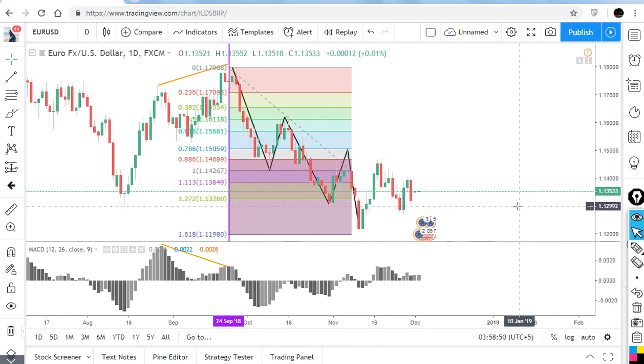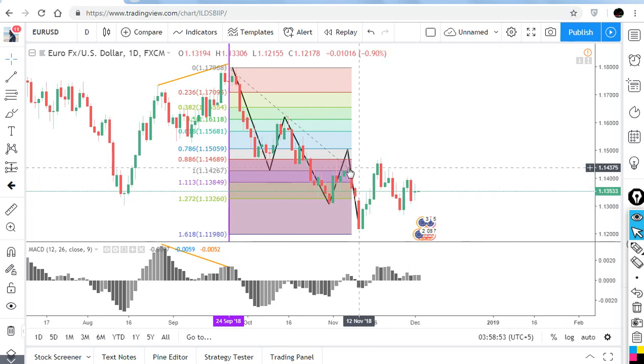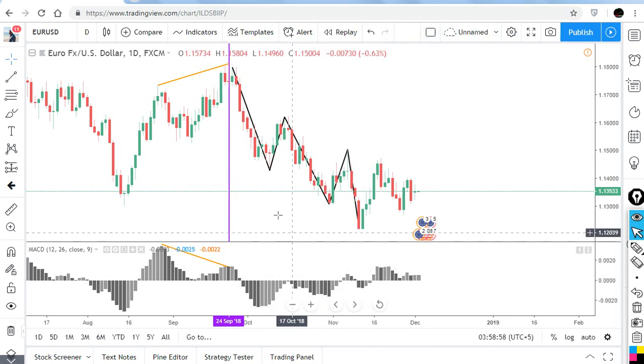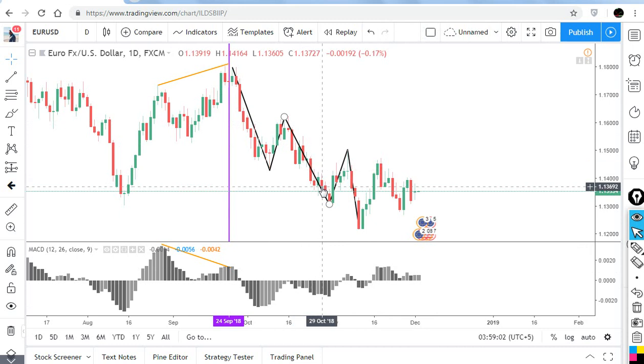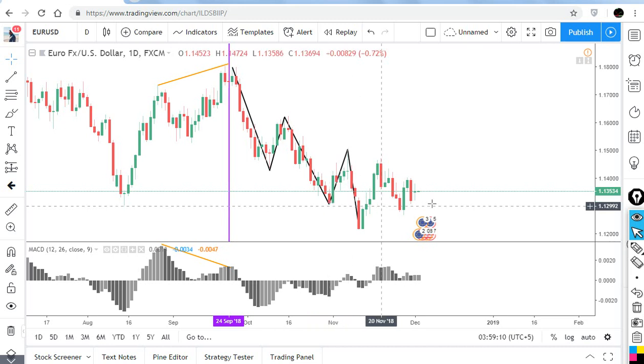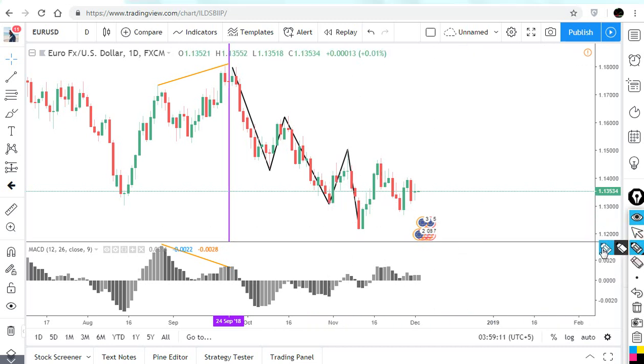So let me delete this here. Now after this, we don't know where our wave 3 is going, but we see that wave 3 reaches the 1.272 ratio. This is our 50% correction, this is the end of the 50%, and the 1.272 has been done here, right?